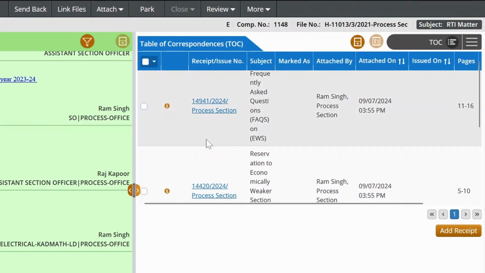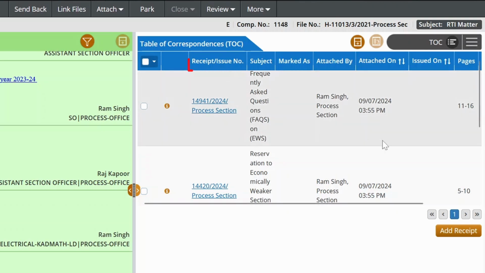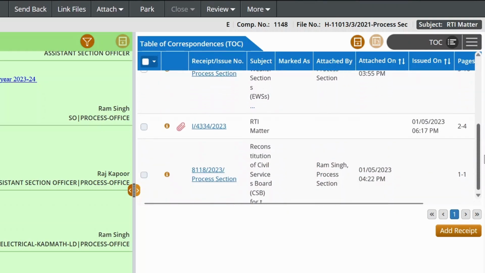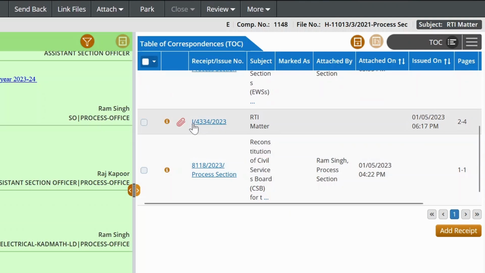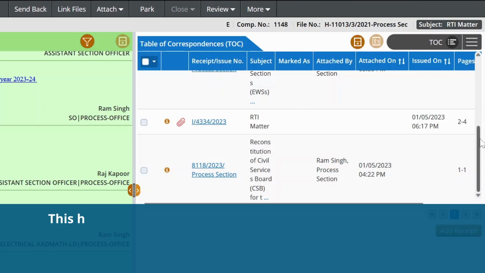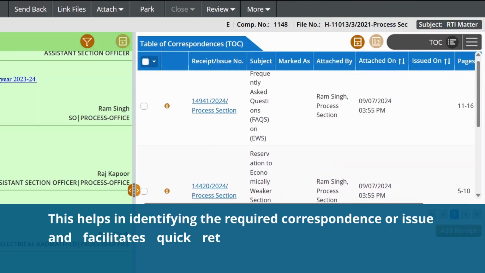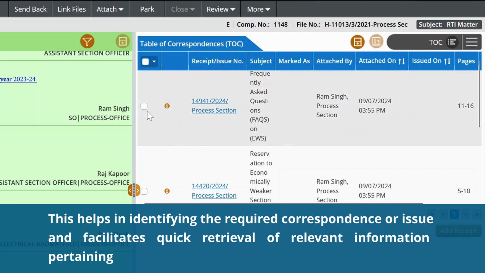Each entry in the TOC represents a specific communication and includes details such as receipt or issue number, the unique diarization number assigned to each receipt during diarization of DAC, and issue number assigned after approval of a DFA can be seen here respectively. Subject, the title that specifies the correspondences or issues based on their subject matter. This helps in identifying the required correspondence or issue and facilitates quick retrieval of relevant information pertaining to inwards and